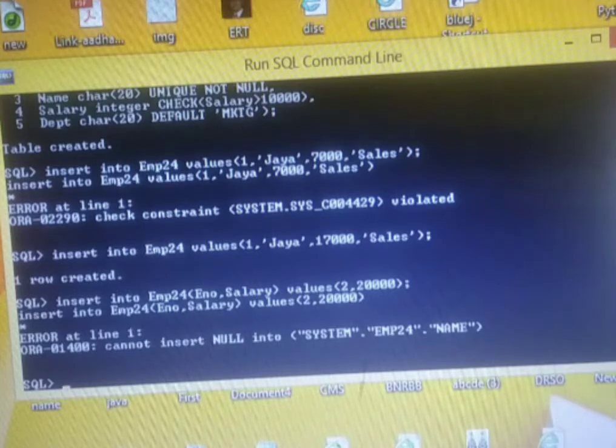So for name also it is now giving an error. Reason, because while creating the table in unique I wrote not null. So this means not null is not going to leave the name blank. So we'll change here to emp number and name also along with salary. So with 2 I have to give here a name in single quotes.